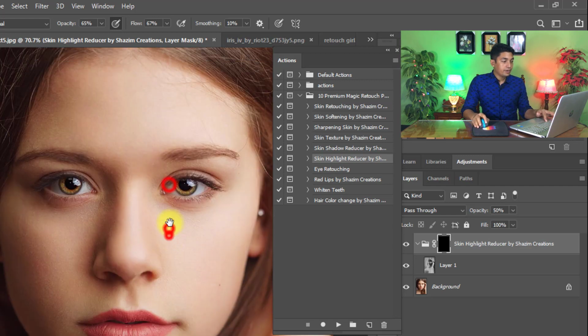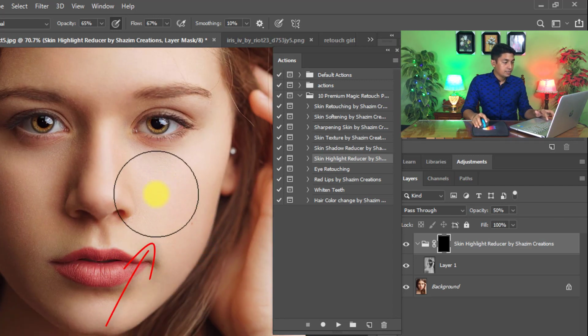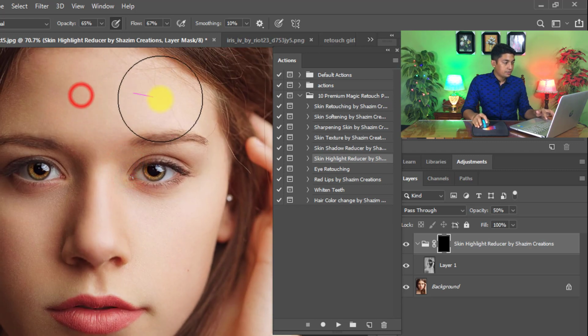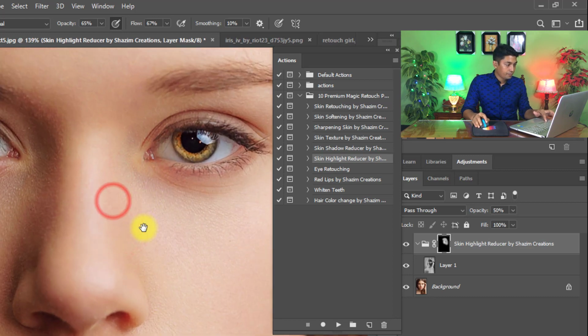Here are the right side skin highlights. You can see, just paint over your skin with the highlight reducer, highlight reducing.